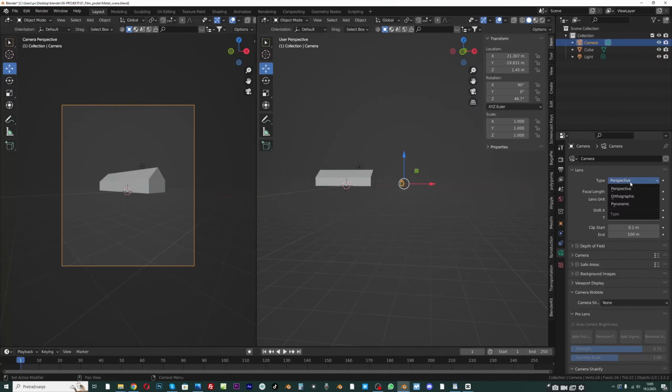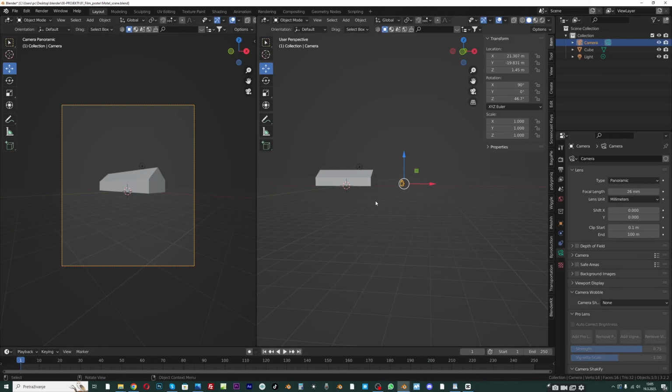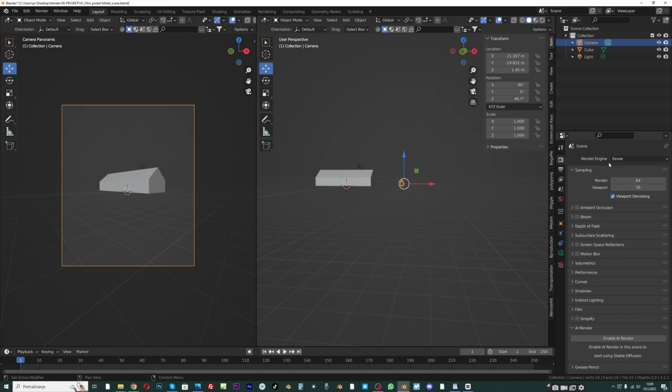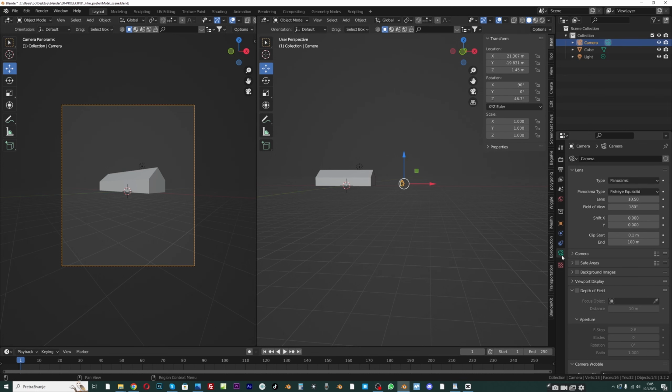And I want to set this to panoramic because we will get this nice distortion on edges with this panoramic lens. And if you set this to panoramic and if you don't see this fisheye and other options, that means that you are in Eevee. So I will set this to Cycles,